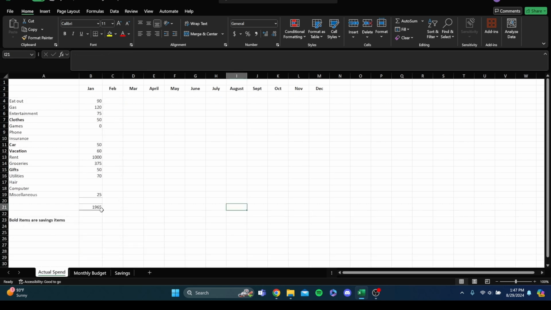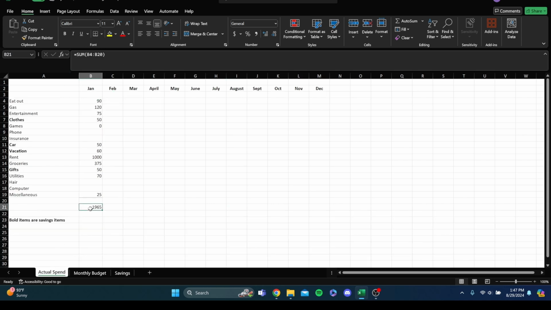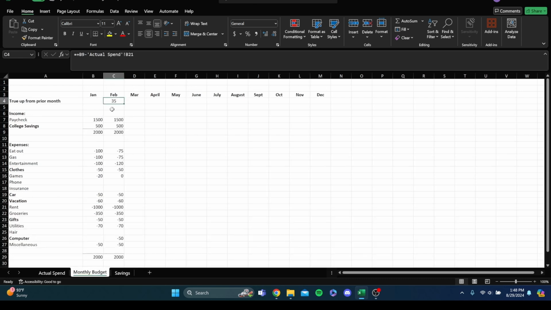So this comes from the actual spend. Right here you can see the equation, actual spend B21. You go to B21, here's B21. This is the actual amount that you didn't spend, right? And this is money that you can put anywhere, right? So she says there's a true up amount from the prior month at the top that I added